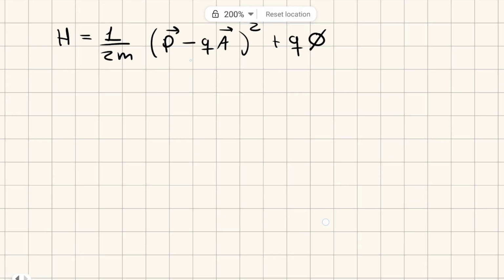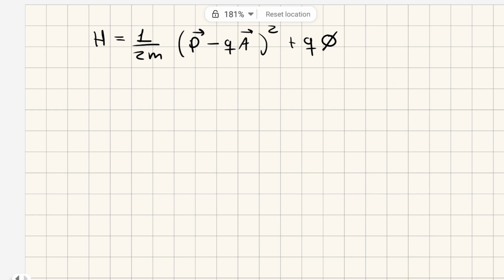In the first lesson we showed that the Hamiltonian of that particle is equal to 1 divided by 2m (p minus qA) squared, plus q phi, where q is the electric charge, A is the vector potential, p is the linear momentum of the particle, of course, and phi is the scalar potential,